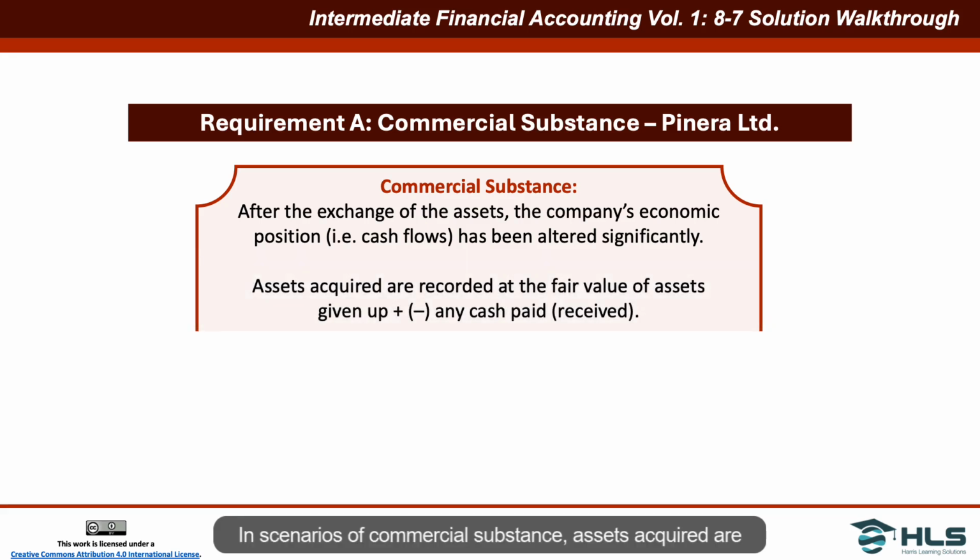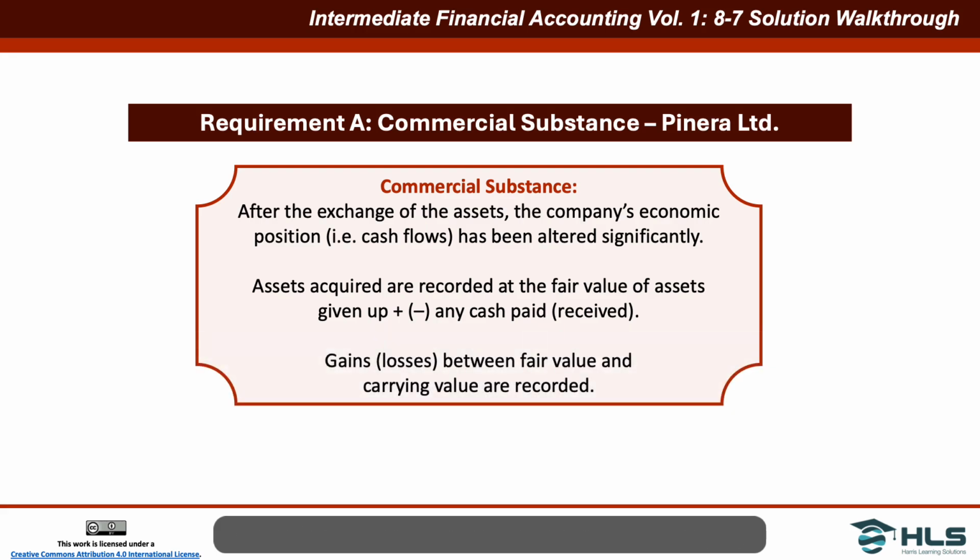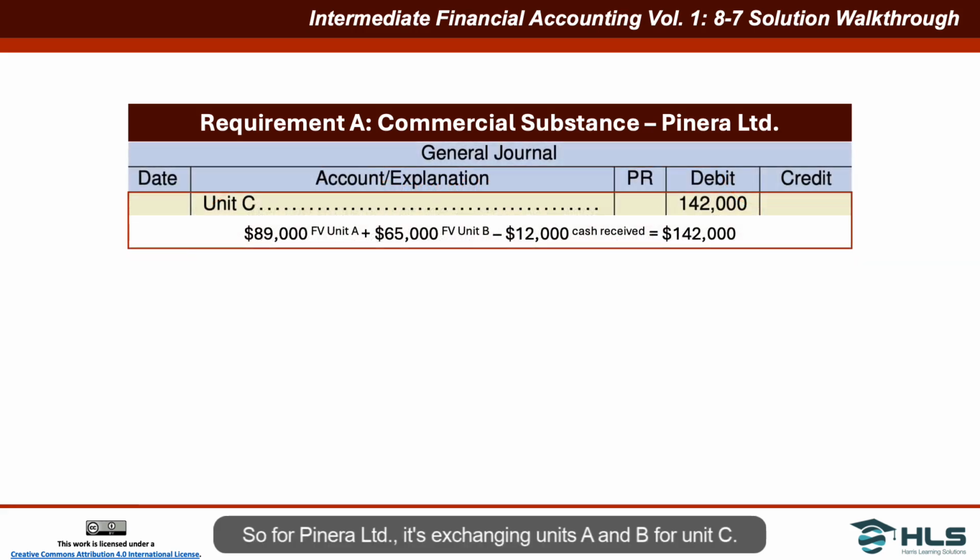In scenarios of commercial substance, assets acquired are recorded at the fair value of the assets given up, plus or minus any cash paid or received, and gains or losses between the fair value and the carrying value are recorded. So for Panera Limited, it's exchanging units A and B for unit C. To record the acquisition of unit C, which is the new asset, we'll debit an asset account for unit C for $142,000. And this is calculated as the $89,000 fair value of unit A plus the $65,000 fair value of unit B. Again, these are the fair values of the assets that are given up, less the $12,000 in cash